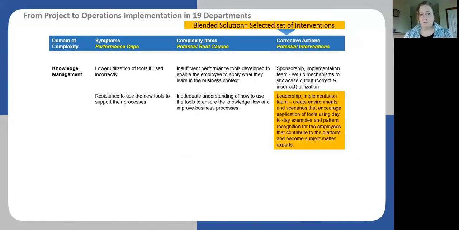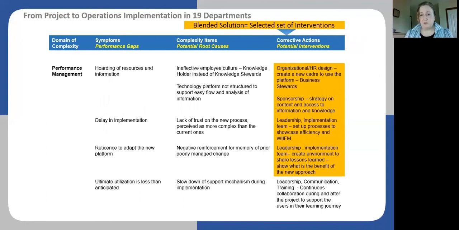From knowledge management, of course, it's difficult to use new tools. It's always reverting back to your current processes. What did you need to do for that? That was another potential intervention. Performance management. We tend to keep the information for us, what that means from root cause and what type of interventions you can have to support that. So this gives you an example of how we break down the performance gaps, the root causes, the corrective interventions,